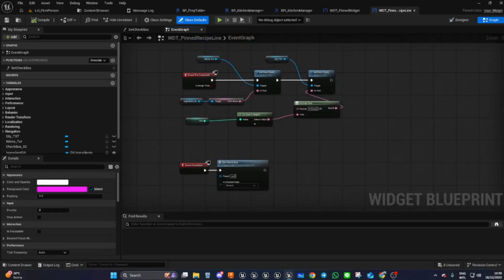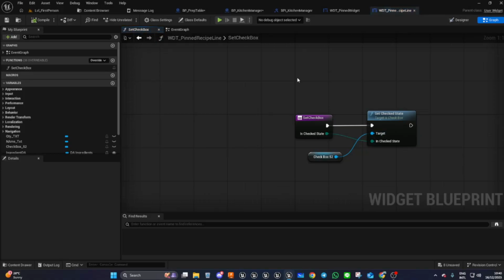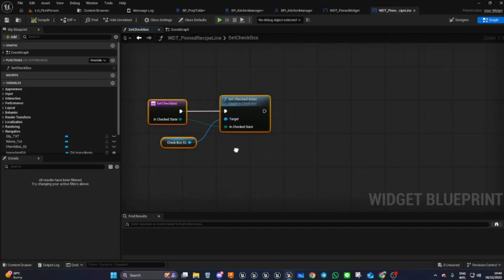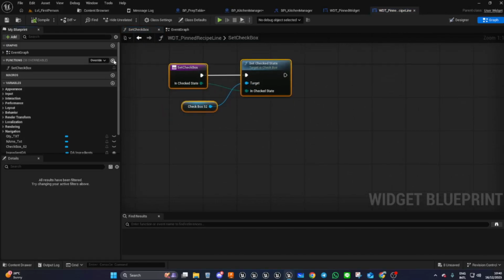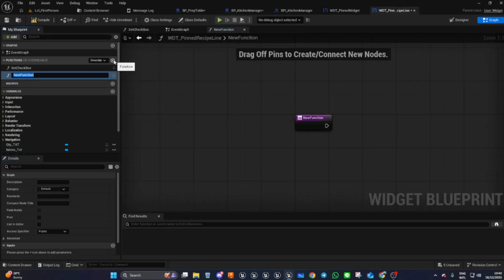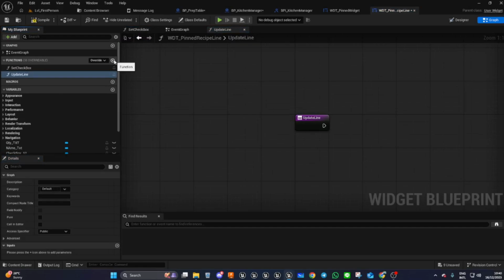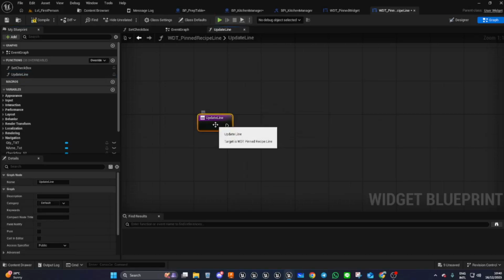this. And we've got a function called set checkbox, which we made here. We just need to make one more function in here. So we're going to add a new function. We're just going to call it update line. Okay. And that will have